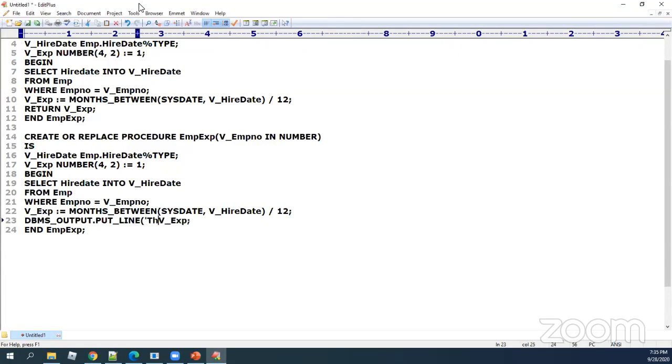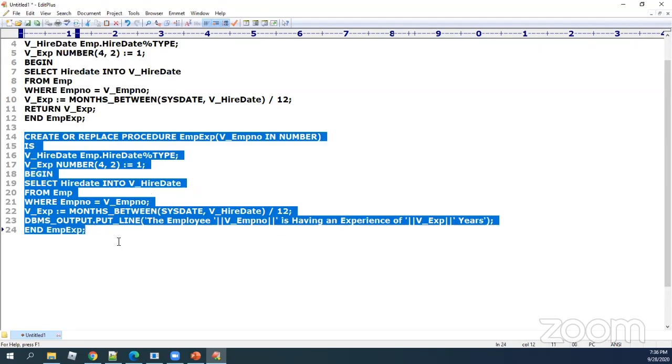And I'm trying to say the employee v_employee_number is having an experience of. If you want more details, you can just say yes. Now that becomes a procedure for us.